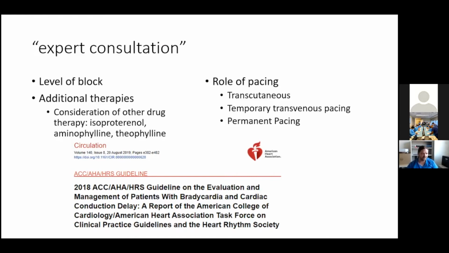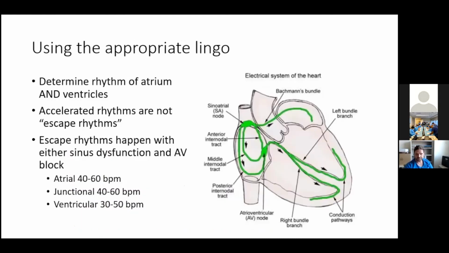And there are some other really wonderful things in there, like other drugs that we don't pull out nearly as often, that aren't in ACLS, but can have a very good role in medical management of bradycardia. These include isoproterenol, aminophylline, and theophylline. The aminophylline and theophylline are often not thought of, but they have a very prominent role in neurologic causes of bradycardia, so they can be very helpful to us.